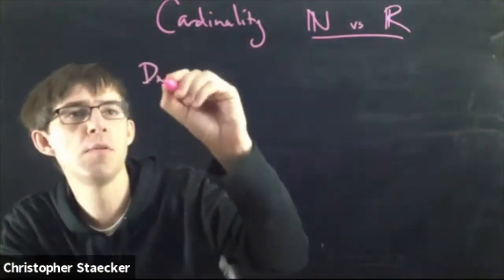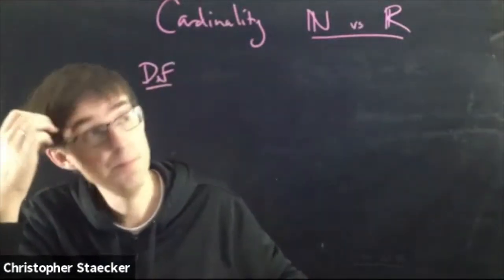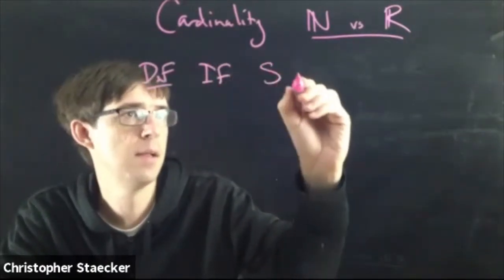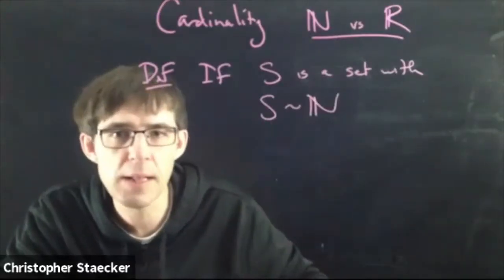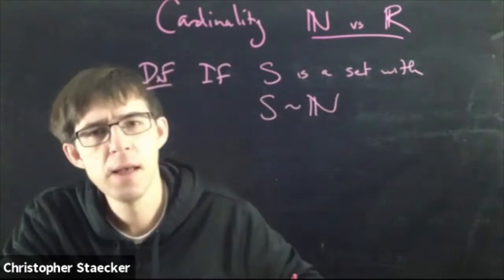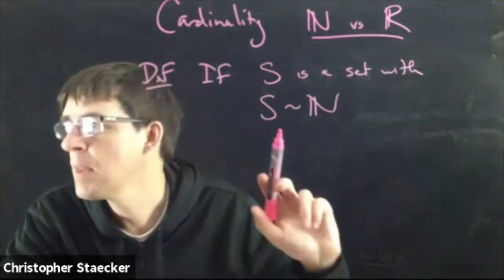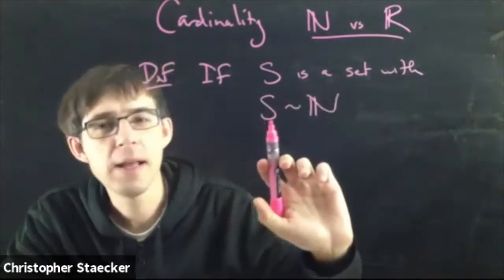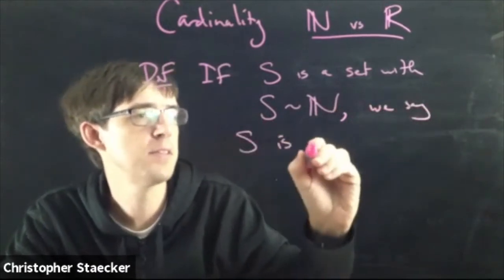Here's a definition, first of all. There are two different sizes of infinity here, and we have a name that we use to distinguish them. If S is a set with S squiggly N, remember this means S has the same cardinality as N. Sometimes people say S is equinumerous with N, meaning they have the same number of things. If S is a set with the same cardinality as N, then we say S is